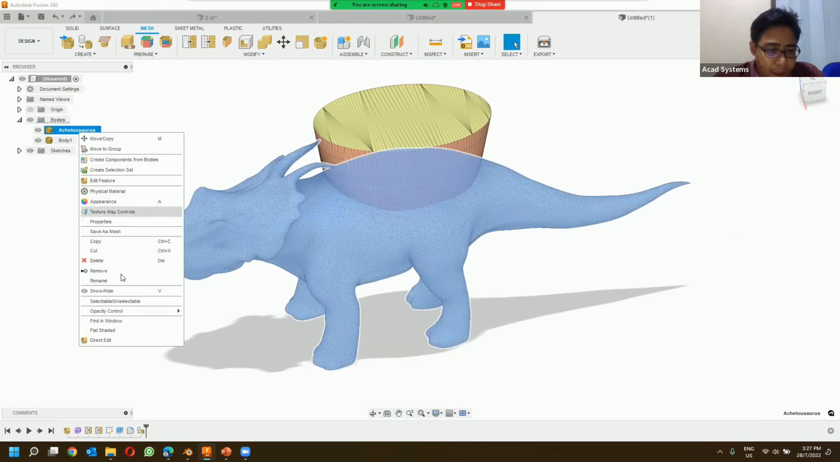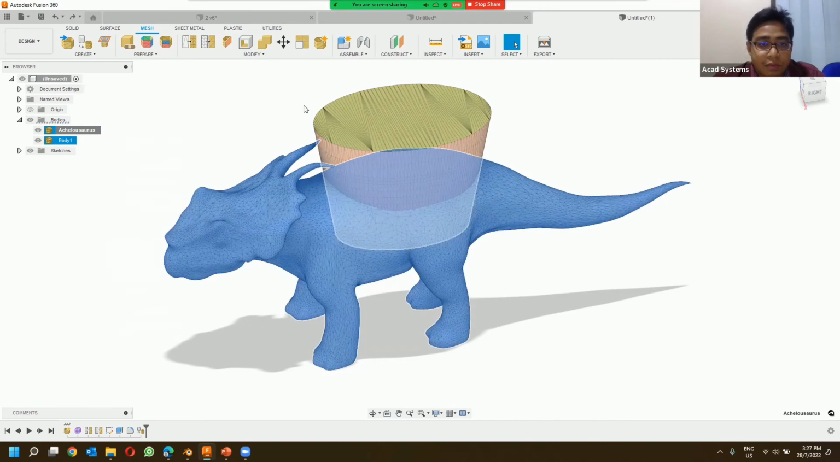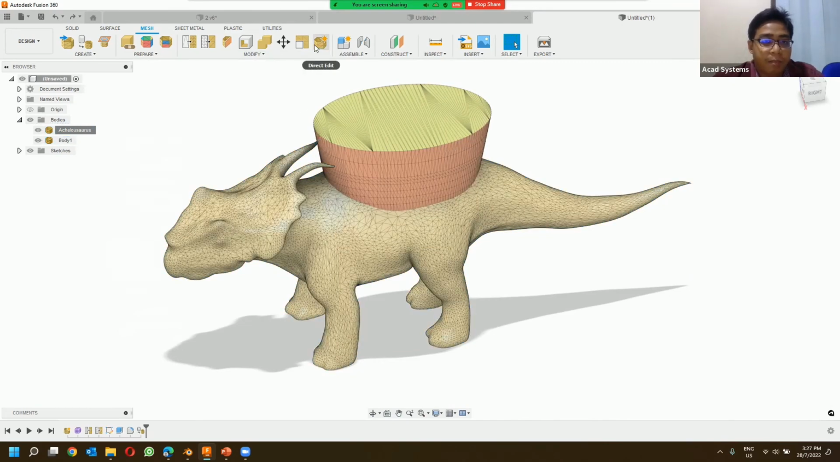If I take a look back on the properties, the mesh, I have around 43,000 meshes. So this method should be okay. But if you want to reduce some more, rather than reducing the mesh, I can cut some of the section. Probably the head I don't need to use as a cutting tool, or the tails I don't need to include